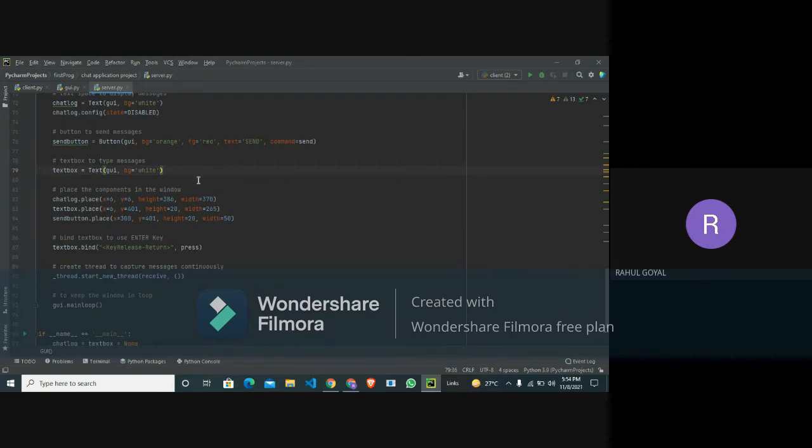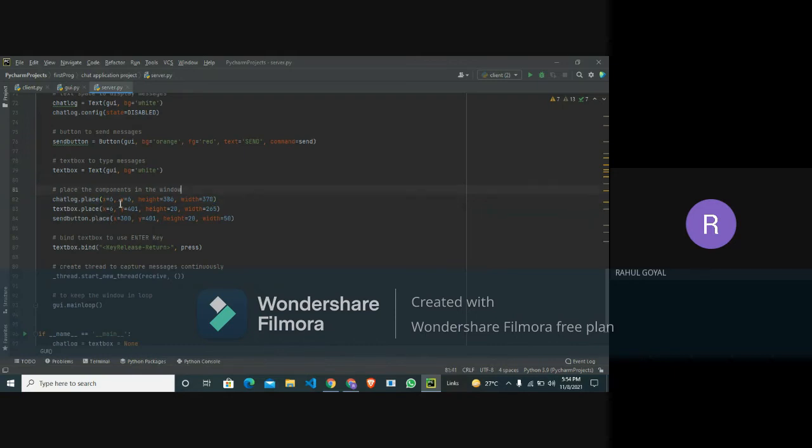Here I am creating the three parts of this window: the chat log, the text box and the send button. Here are the three lines of place for the window: chatlog dot place, text box dot place, send button dot place.